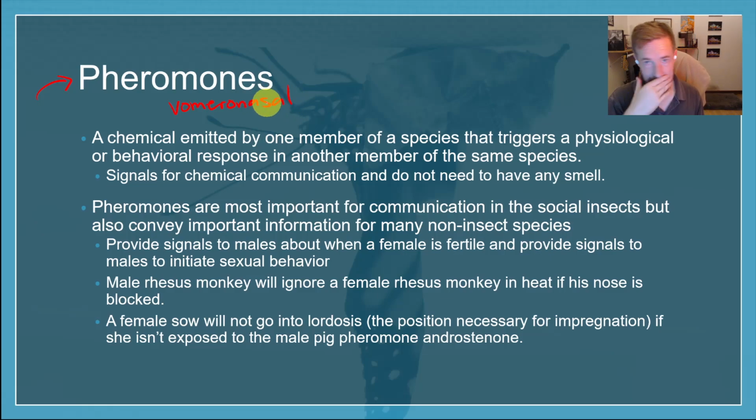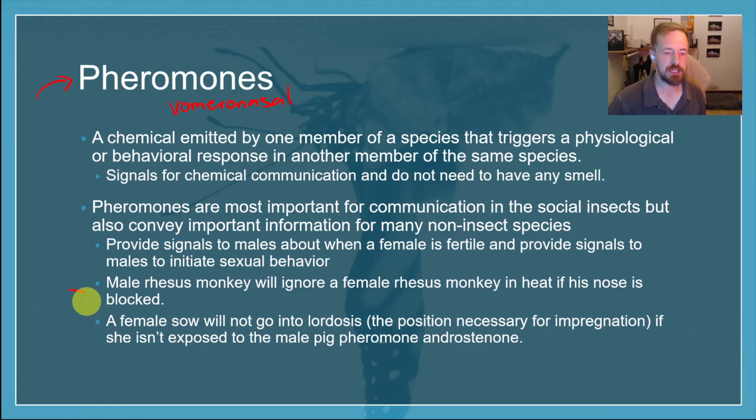Humans do not have this. At least our understanding is that humans do not have a vomeronasal organ. Other mammals do, other beasts do, but we don't, which means that we don't have pheromones. Or does it? How weird would it be if all these other species do have the ability to communicate with smell, but we don't? So let's take a quick look at some of the research out here.